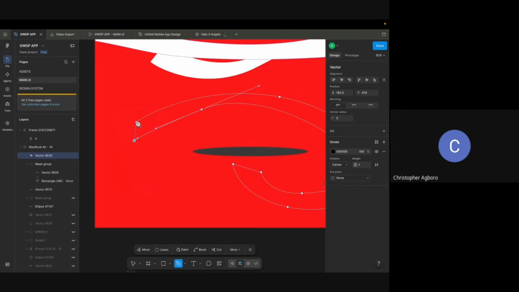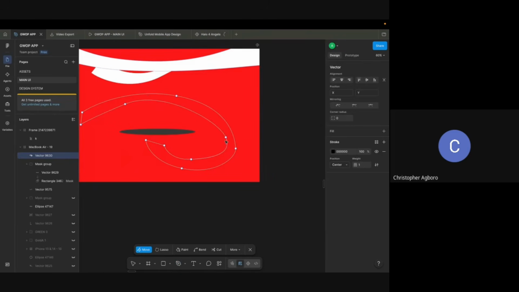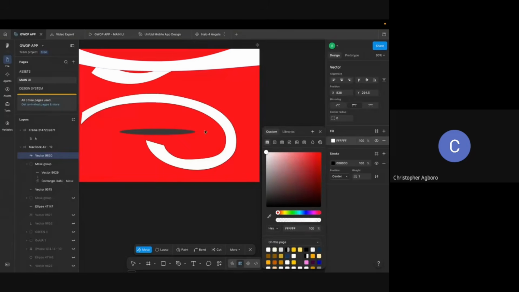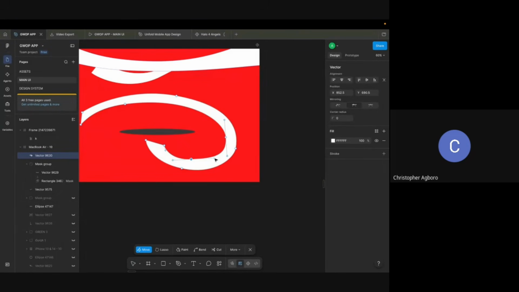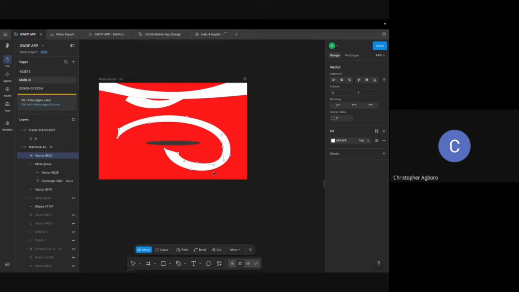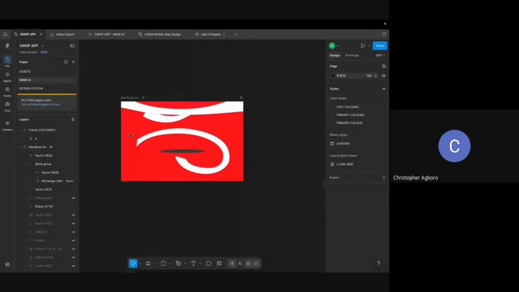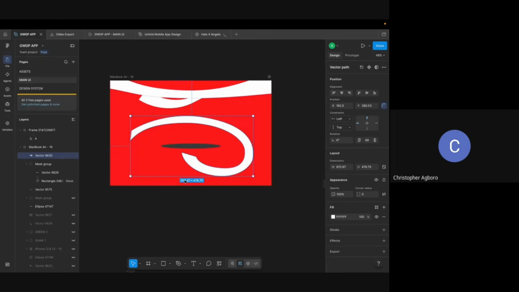Let me just edit this so that it can be smoother. Okay, all right. So this is not the best form, but there's no time to be refining it right now. But let us say this is how we want our stuff to be. Let me show you what's going to happen if we try to use